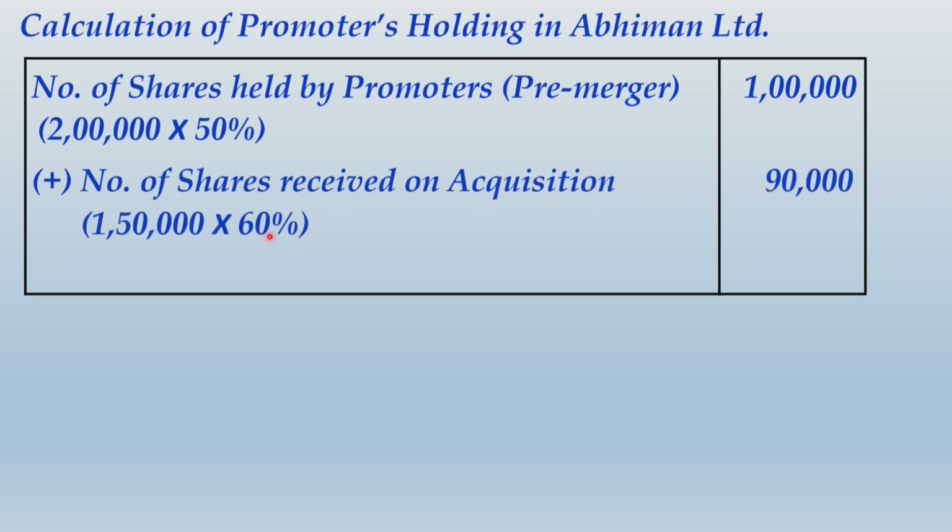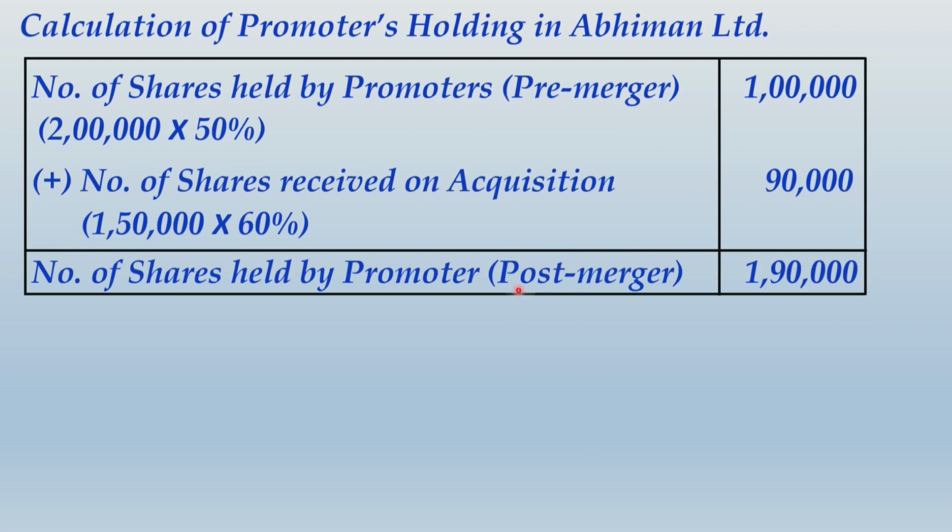Promoters were holding 60% shares in Abhishek Limited, that is the target company, and the total consideration paid to Abhishek Limited was basically 1,50,000 shares. The 60% of that will obviously come in the hands of promoters, and that will be 90,000 shares. So finally, the number of shares held by promoters in Abhiman Limited post merger will be 1,90,000 shares,